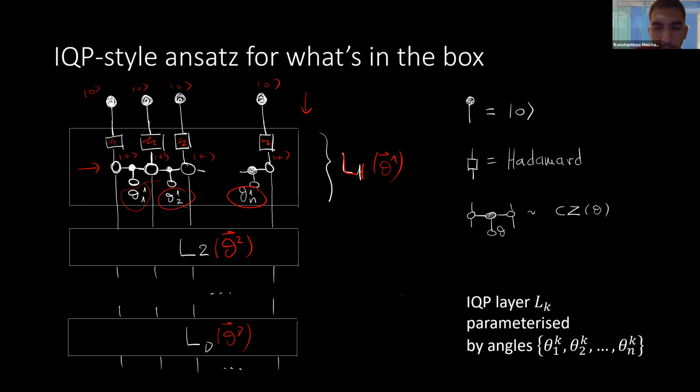And all of these angles are basically the classical parameters of this process. For example, a word would be specified by setting these sets of thetas to some specific values, and this quantum circuit would generate the state that encodes the meaning of that particular word corresponding to that set of thetas. So is this clear?